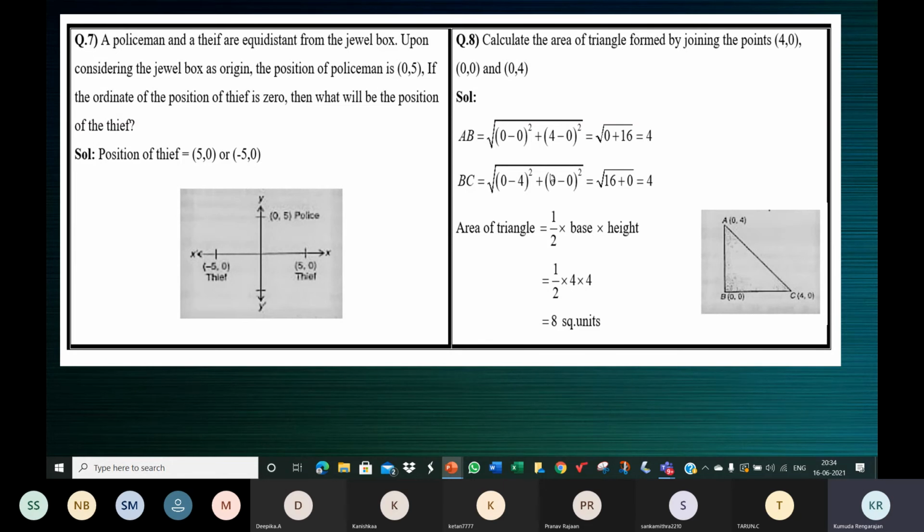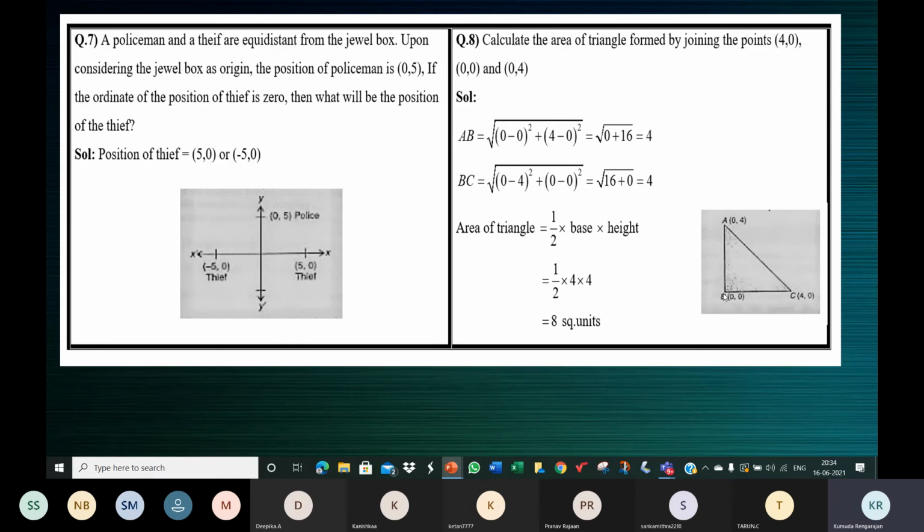This one is easy, children. Here they've used a formula which you are not aware of. This is called a distance formula. You ignore this. You're not asked to plot these points on the graph paper, but you must make a rough sketch. Just draw the X and Y axis and mark off these points.